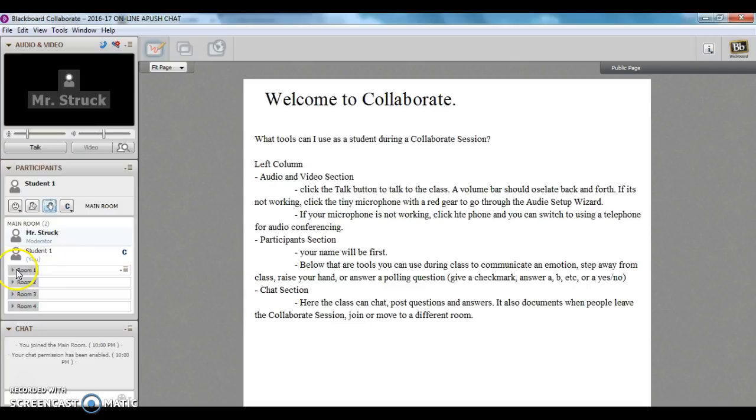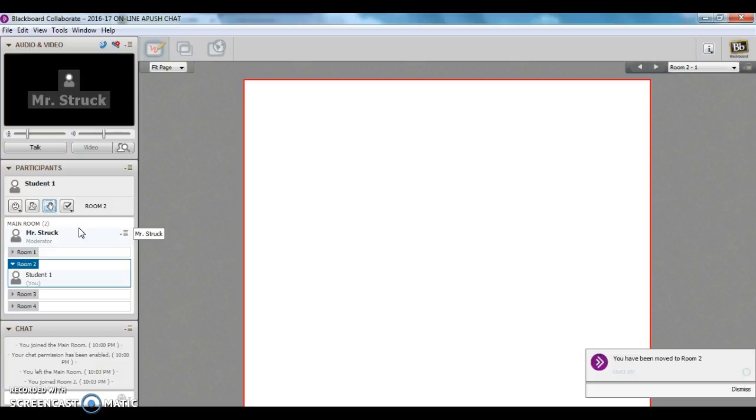Then you also see the rooms. So I can put you into breakout rooms, and I can do that by, sometimes I'll just create random rooms and I'll stick you in one, or I can drag each student. So I'm going to go ahead and drag student 1, and I'm going to send them to room number 2. So you see that you have now been moved to room number 2,